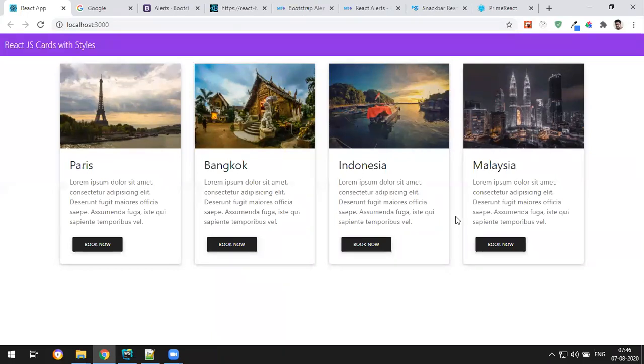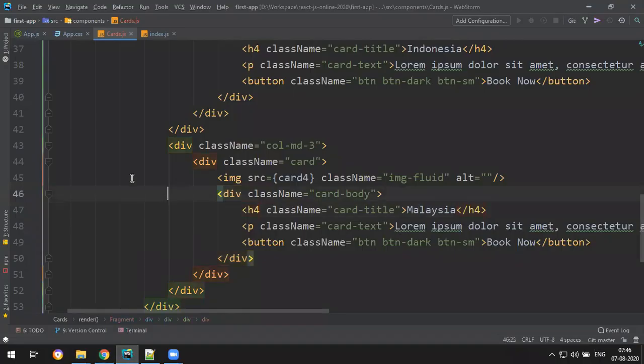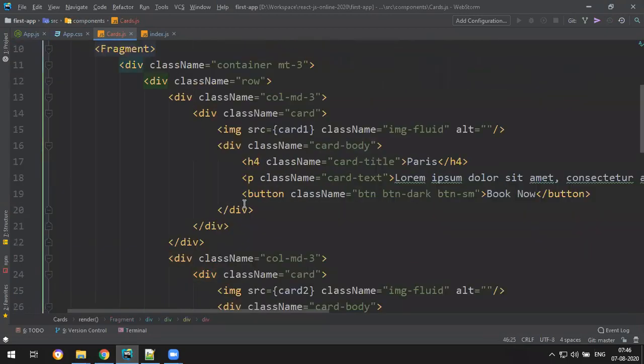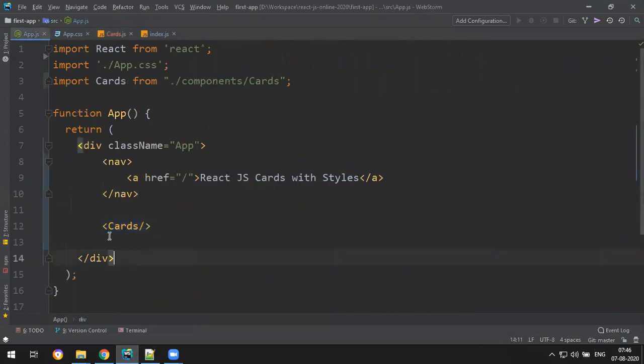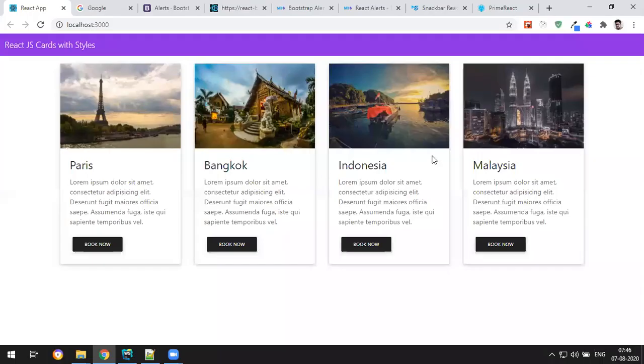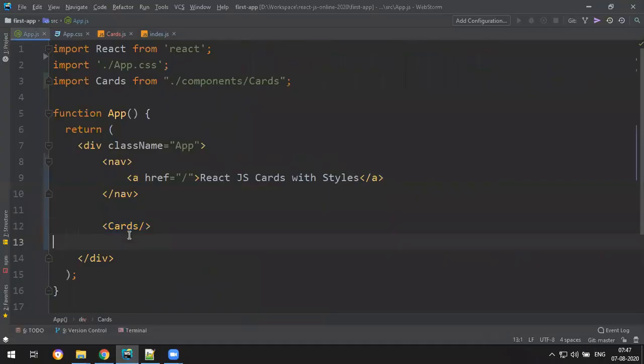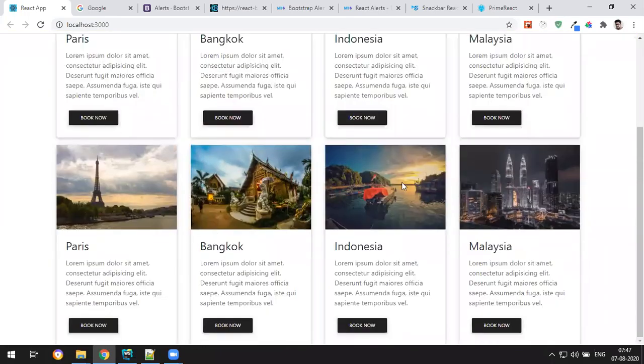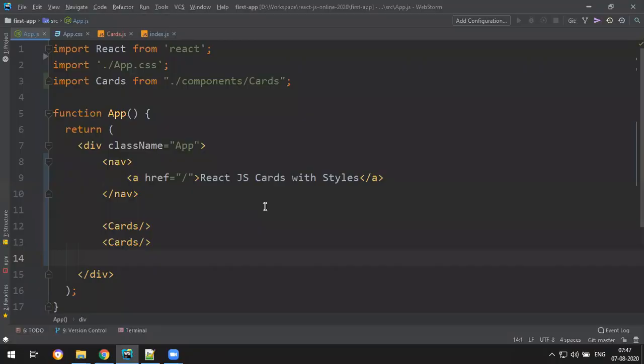So now we have successfully connected Bootstrap to the React.js application and implemented that. The reusability concept here is: if you write everything here and only specify the Cards tag, we get this much. If you want to reuse the Cards tag again, let me do it like this. You get another copy of the cards. You don't need to write it again. This is called the reusability concept in React. You can copy and paste this as many times as you want.